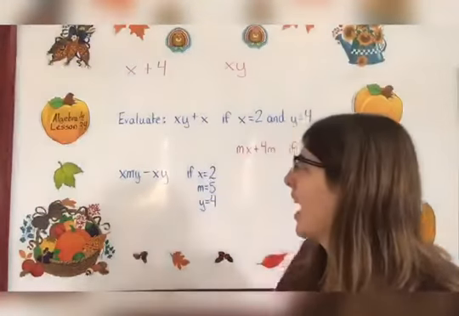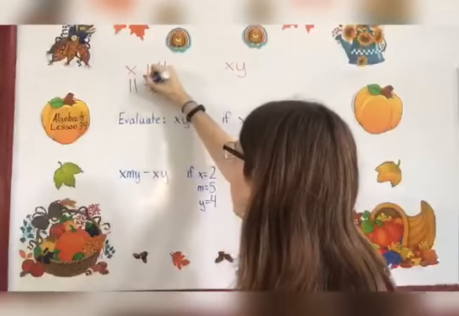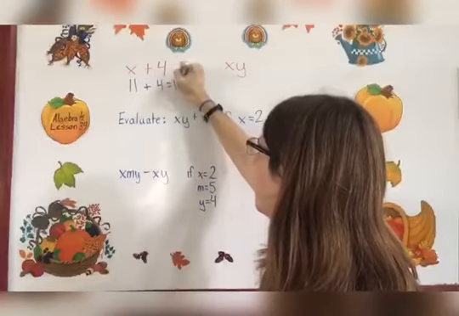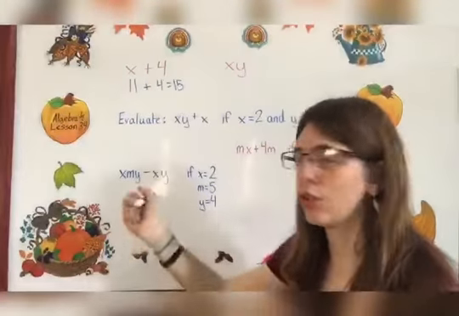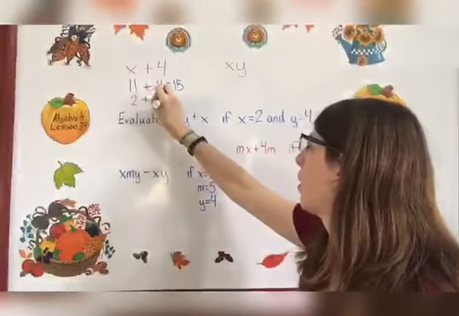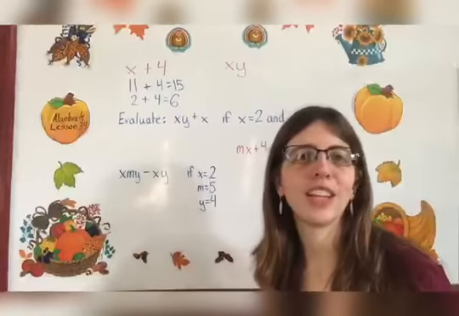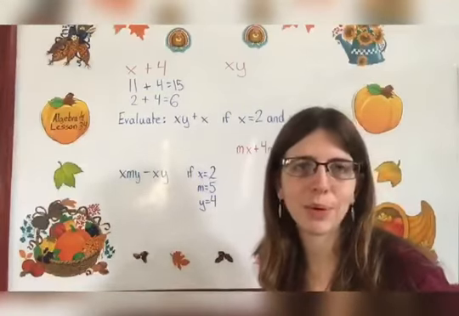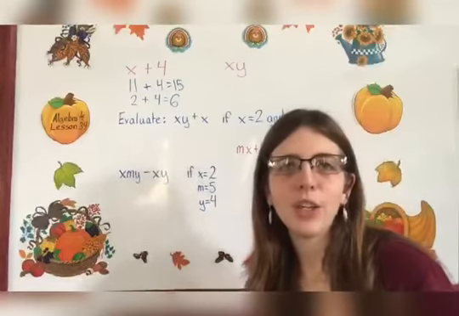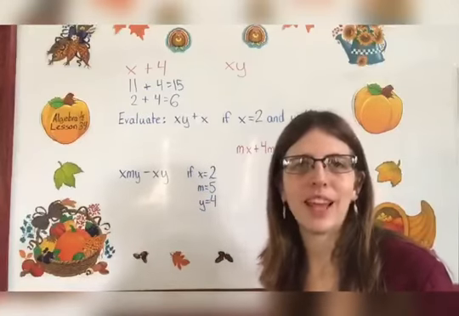If I say that x is 11, it becomes 11 plus 4, which you know is 15. But if I say that x is 2, it becomes 2 plus 4, which equals 6. So the value of your expression is based on the meaning of your variable. So we can evaluate or find the value of expressions by putting the number that the variable represents in place